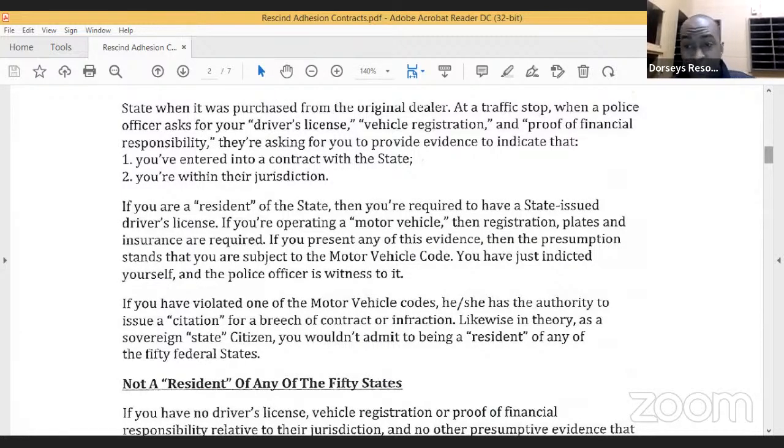These other things, that's why they're trained a certain way to engage when they ask you certain questions. Do you have any weapons on you? Do you have any drug paraphernalia? Those are ways to ensnare you and trap you into these adhesion contracts to get you to agree. Because, in the court system, they use legalese.